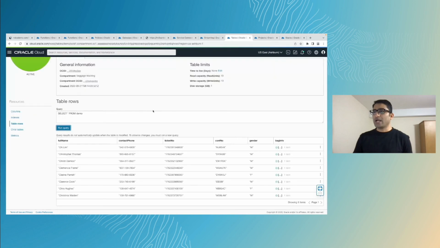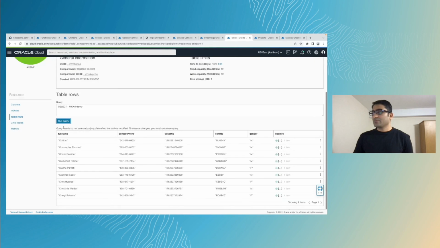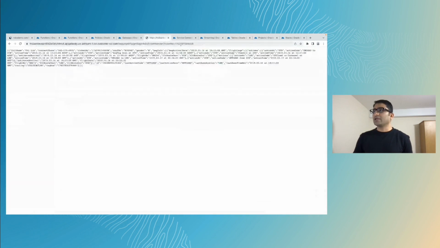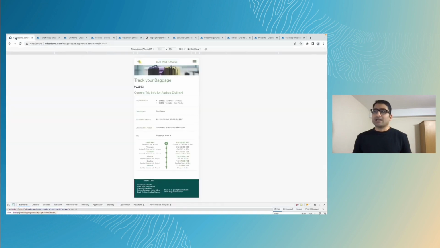So now if I go back and run the query again, I should see more records. Okay, now we are seeing one more record being added. If I hit the API endpoint again, I should be able to query the new record. As you can see, I'm able to query the new record. So this is how you can use Functions and other OCI services to implement end-to-end, real, production-ready applications without managing